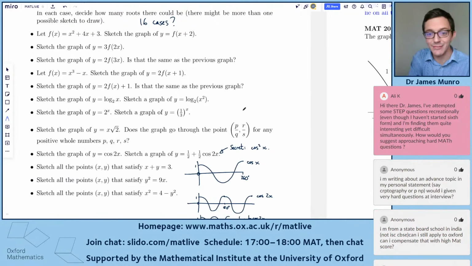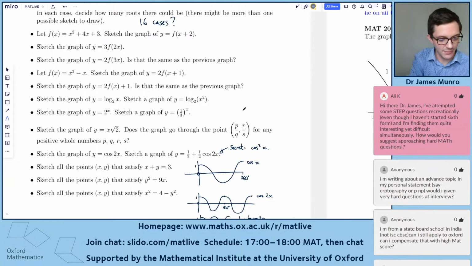They're quite interesting and difficult, yes, and they use a lot of maths. How would I suggest approaching hard math questions? So steps are useful because the questions are really hard. You can get stuck on them. You can think about them. They've quite often got an idea that goes through the question. They're a bit like the math long questions. They do use lots of different maths topics. So yeah, if you haven't started sixth form yet, then you might find that you haven't learned some of the maths you need to